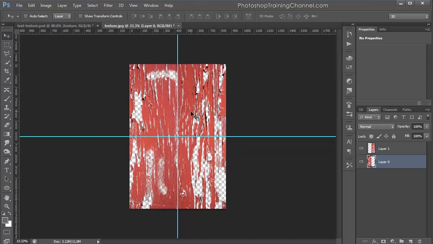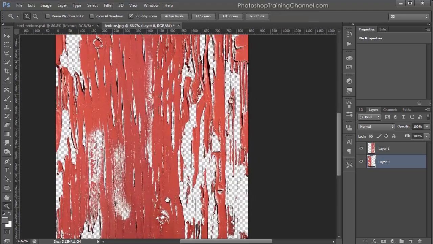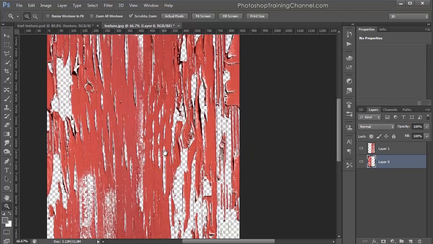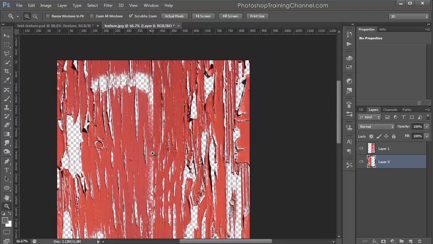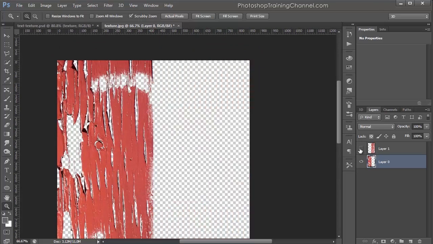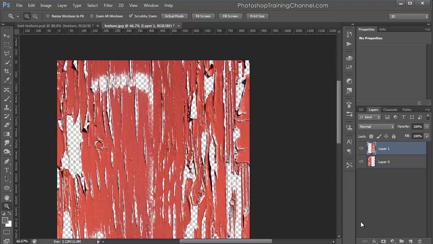What we gotta do now is I'm gonna press Control H, by the way, to hide these guides so you can see what we're gonna do now. So what we're gonna do now is only worry about the seam here in the middle. So I'm gonna zoom in. It's actually not bad. I don't really see much of a seam other than here, just a straight line here. And what I'm gonna do is, it's from that layer, so I'm gonna add a layer mask,